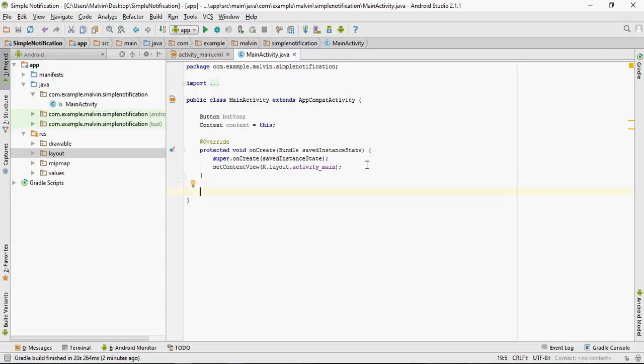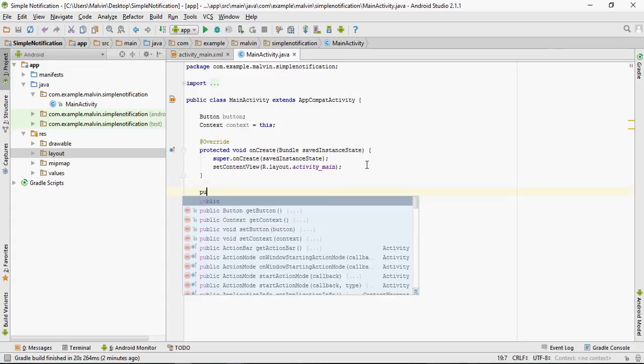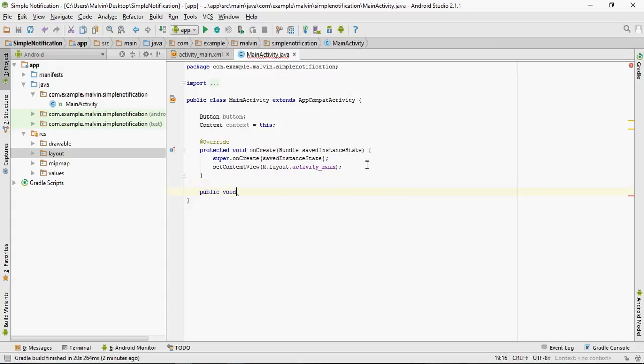So let's create our notification. So public void createNotification, the bracket.